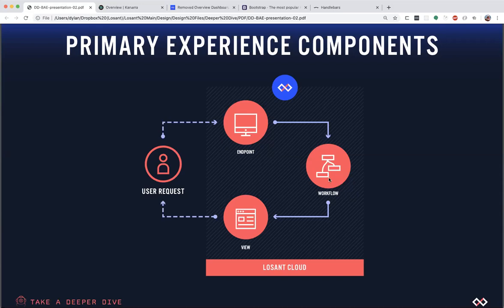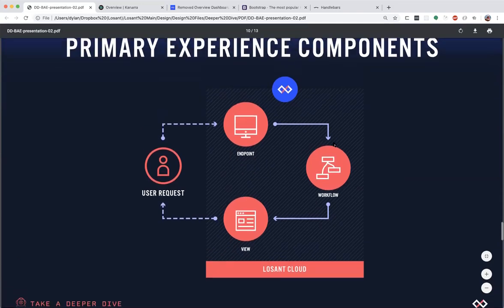And then if you're going to build a traditional request response app like I talked about before, that workflow is then going to return an HTML page down here as a view, which is then sent back to the user who made the request. Inside of this is going to be HTML and handlebars to render out templates. That's actually rendered on the server, so we're only exposing the information in the view that you want to expose to the user who made the request.